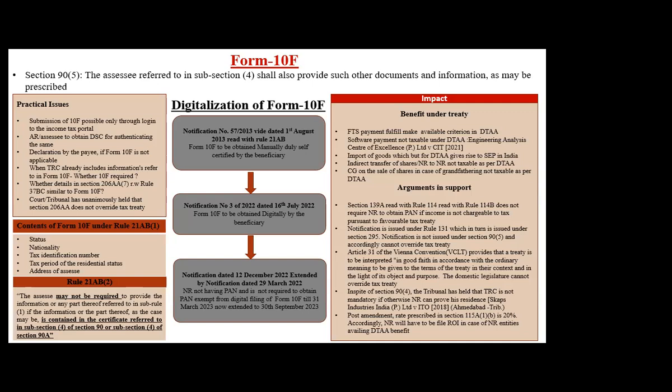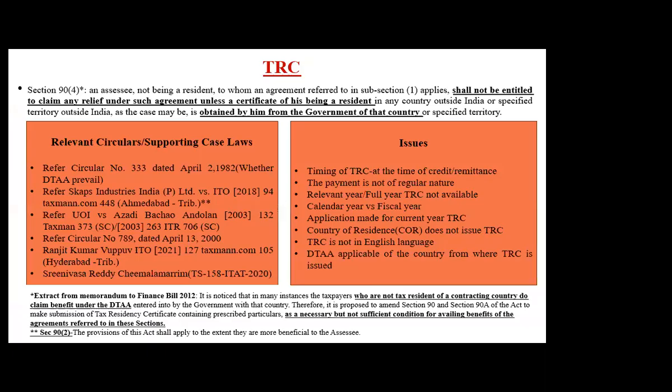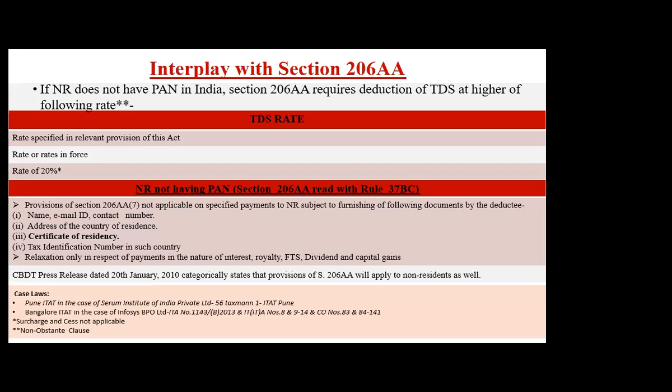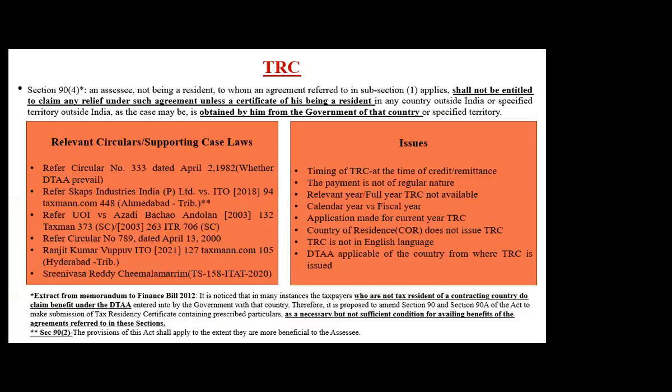These 5 categories. Now just to relate it with the earlier slide of 206 AA, those 5 pieces of information written here are the same information which we are giving in 206 AA. That information is almost the same. So if it is saying TRC, it is saying name, address, TIN, relaxation, TIN, all these 4 items. And the same information is there in 10F also. So if you have that, then you are out already. You don't need to do anything extra in 206 AA because you have that information in 10F or TRC, wherever.